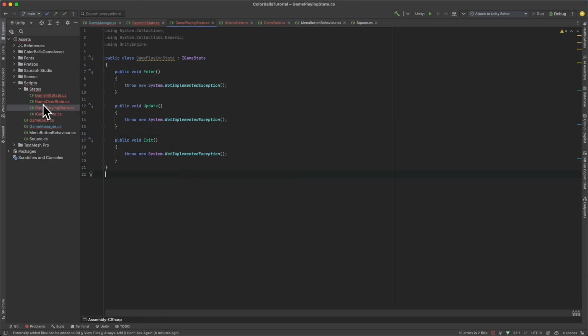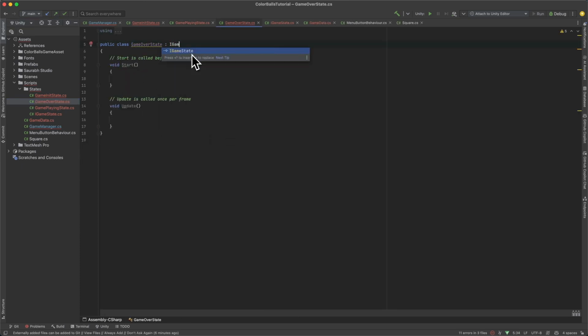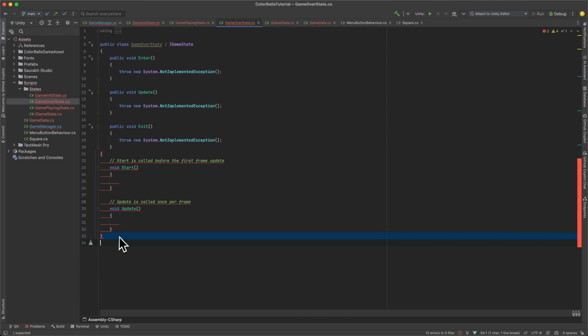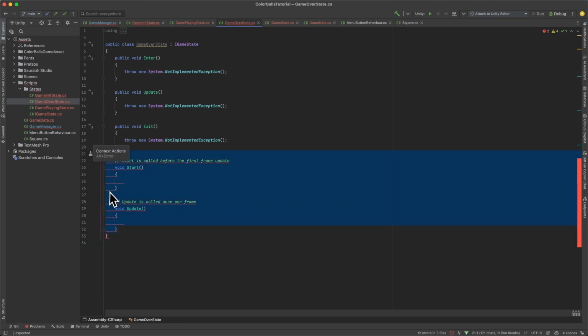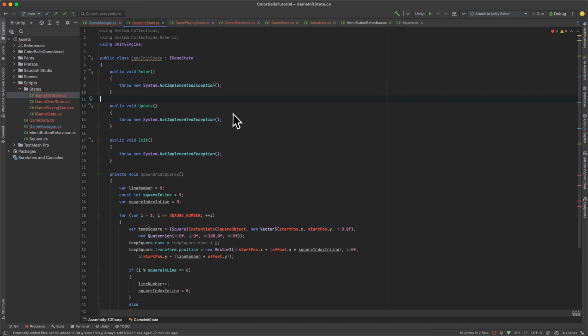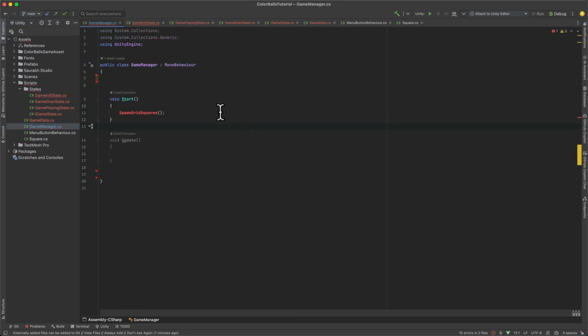I will go also to the game over state and then iGame state, and also the suggestion is there. This suggestion was from the Copilot, which I have, and works quite well. Okay, and then we have some problems in the game init state, as you see, and the game manager. Let's go to the game manager first,